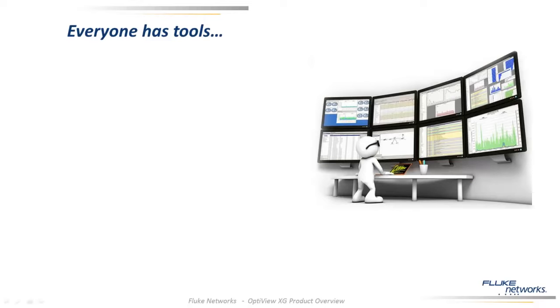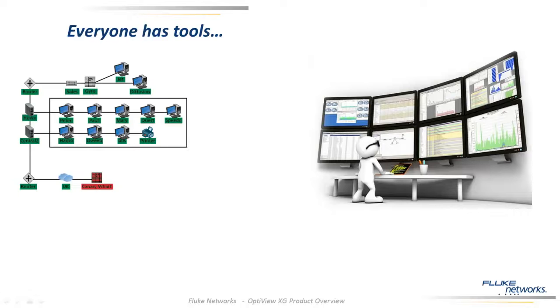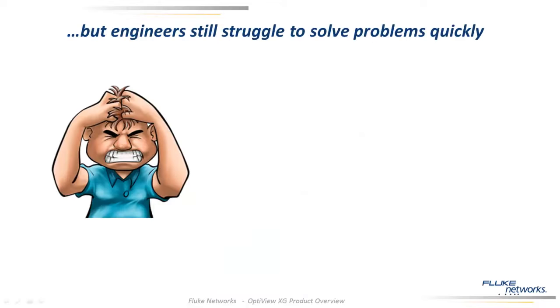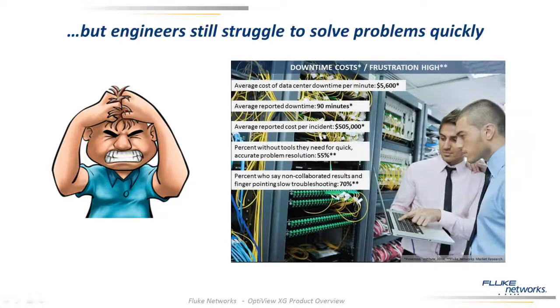It's rare to find a network operations group these days without some sort of tool set for managing performance and troubleshooting problems. At the very minimum, some sort of network management system or polling software, and Wireshark, sometimes numerous different tools. But even so, we find that many network engineers still struggle to resolve issues quickly, and with the impact of application and network slowdowns costing organizations thousands of dollars in revenue or hundreds of hours of employee productivity, network managers and infrastructure directors are coming to us looking for ways to improve their processes and tool sets to minimize